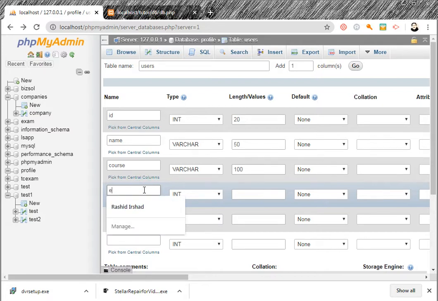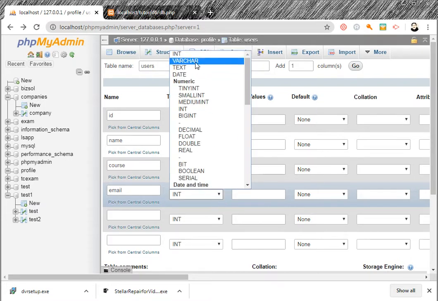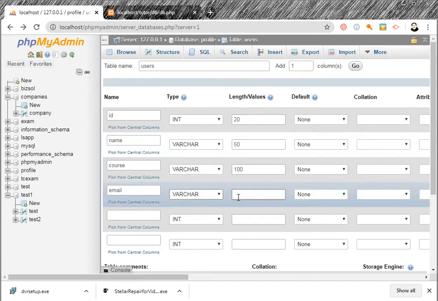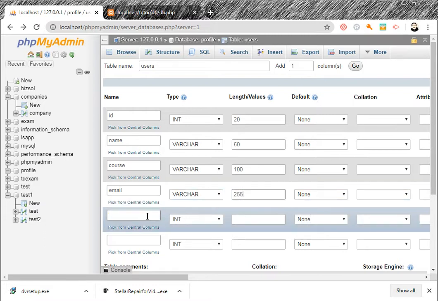Now we have email, and email is also a variable character. Varchar means any kind of character, quotes, everything. The maximum length is 255.